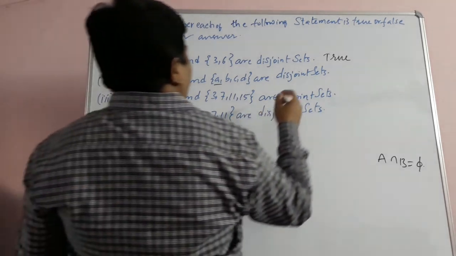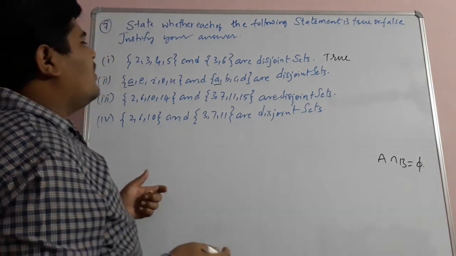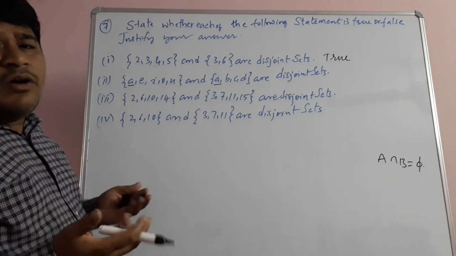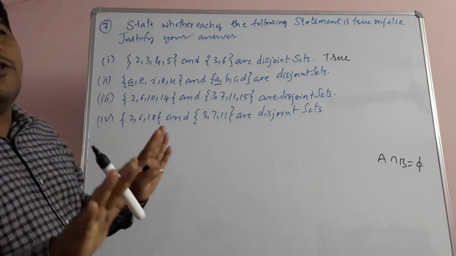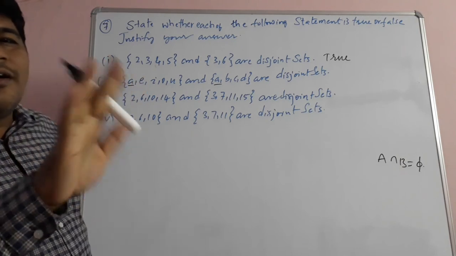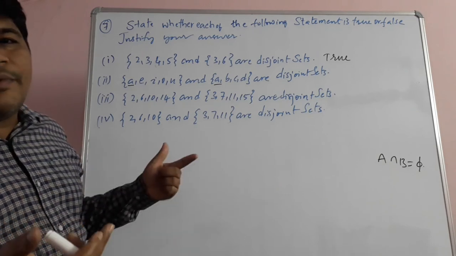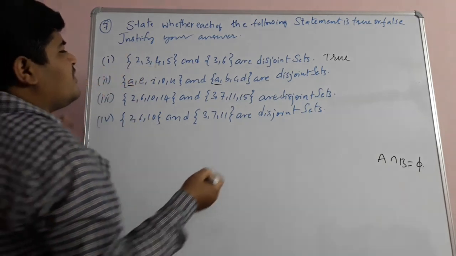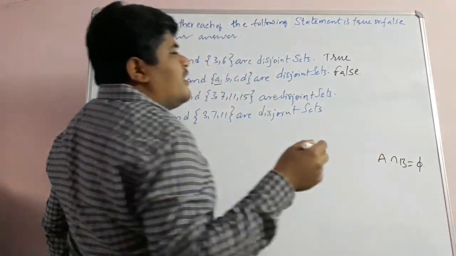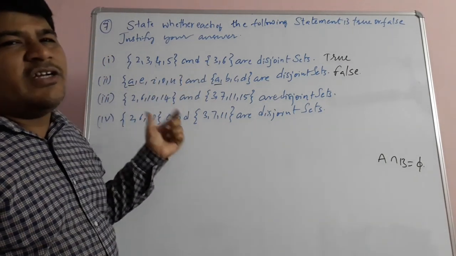Okay, so children, if you take this set as A and if you take this set as B, what is A intersection B? A intersection B is equal to {A}. Element A is common in these two sets. Okay, if common elements are not there, then only those are disjoint sets. Here at least one common element is there, then those are not disjoint, those are overlapping sets. Okay, if common elements are there, those are overlapping sets. So children, here common element is there, so these are not disjoint sets. So you are right here, false. Okay, because these two sets are having one common element, that is A.